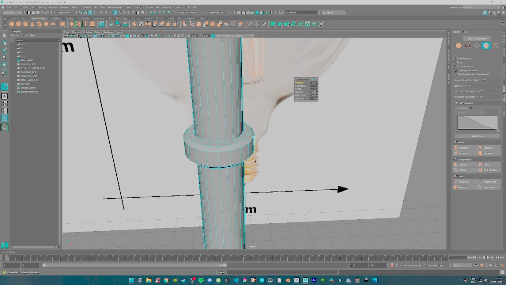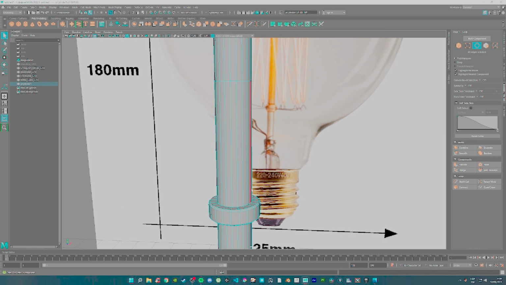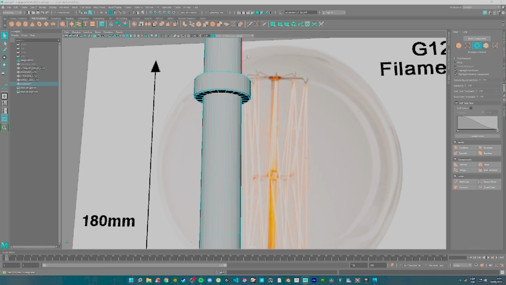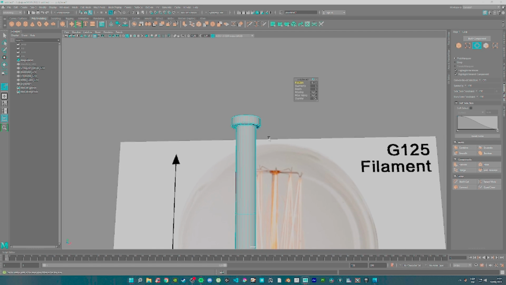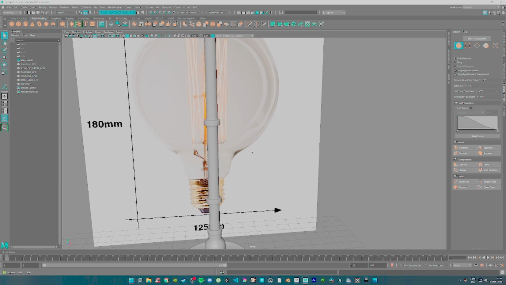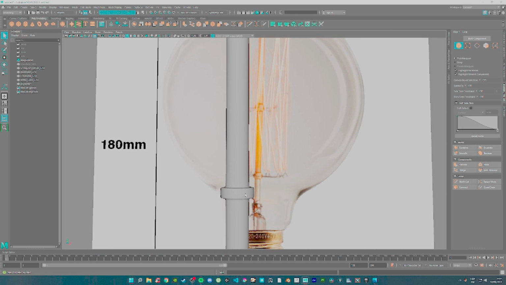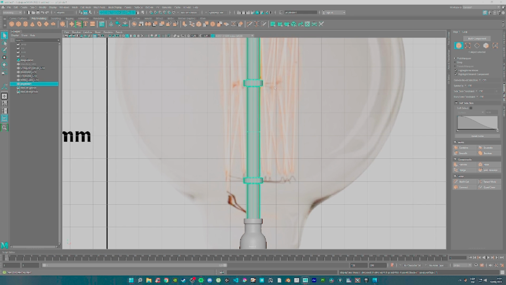We could bevel those just a bit, and we're gonna take these and bevel just a smidge so that we get something like this. Oh, I kind of want these to be more bulby, so what we're gonna do,